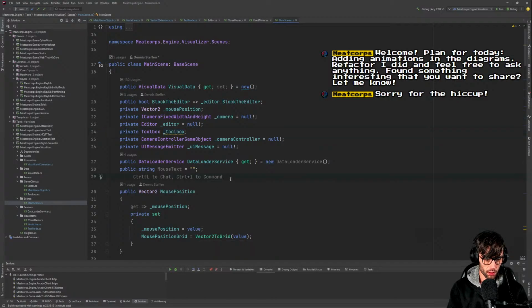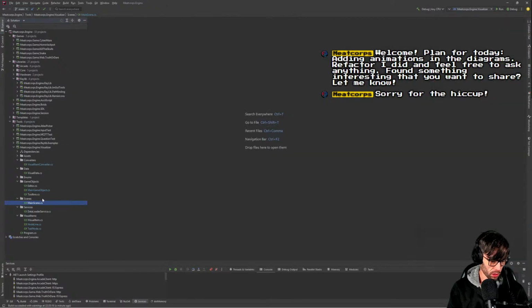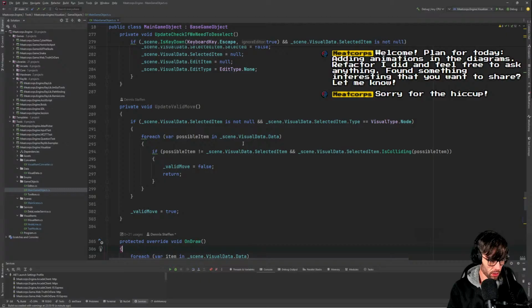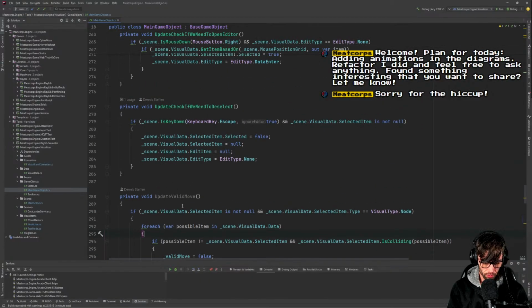So let's close all the tabs, main component, and because the thing is that we have,